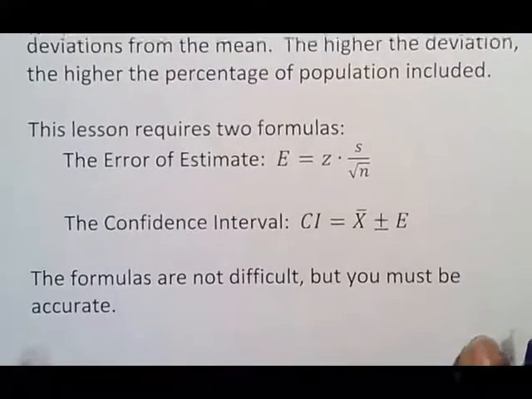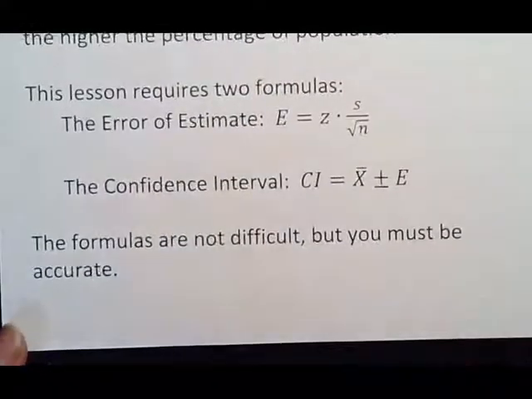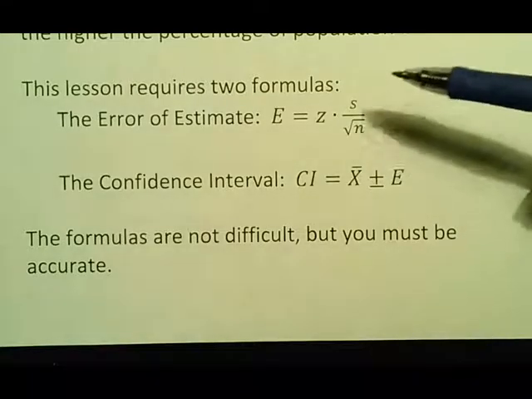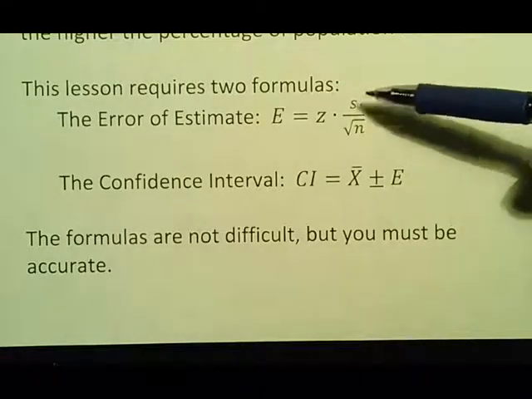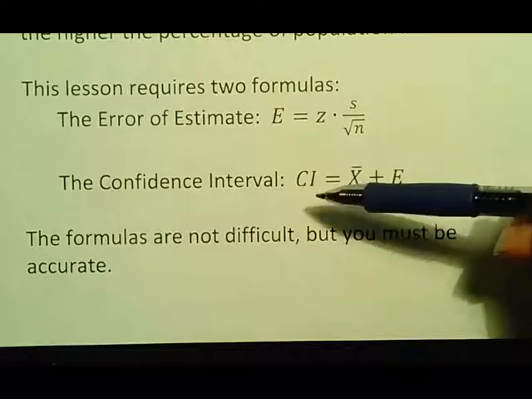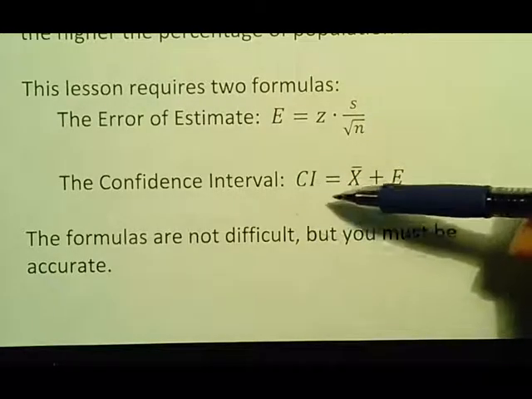The lesson pretty much requires two formulas. Now these I would write down because they won't be on your homework. The error estimate E, which is Z times S over the square root of N. I don't know why they do this to you, but S is standard deviation and N is the number in your sample. And then your confidence interval, which is CI, is the